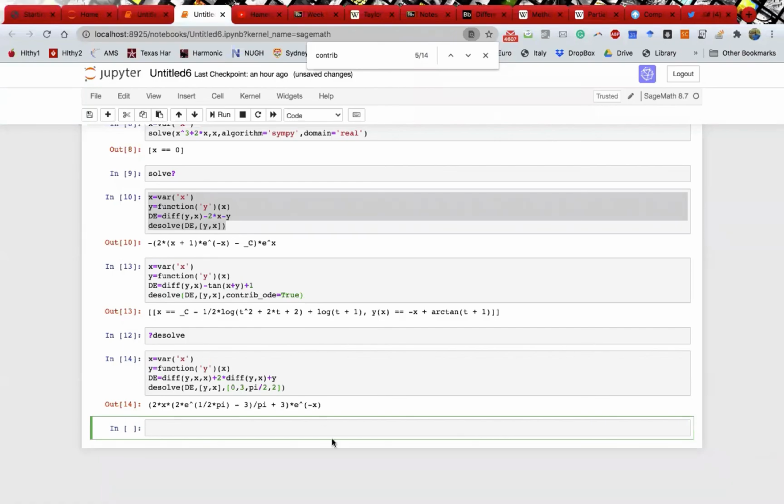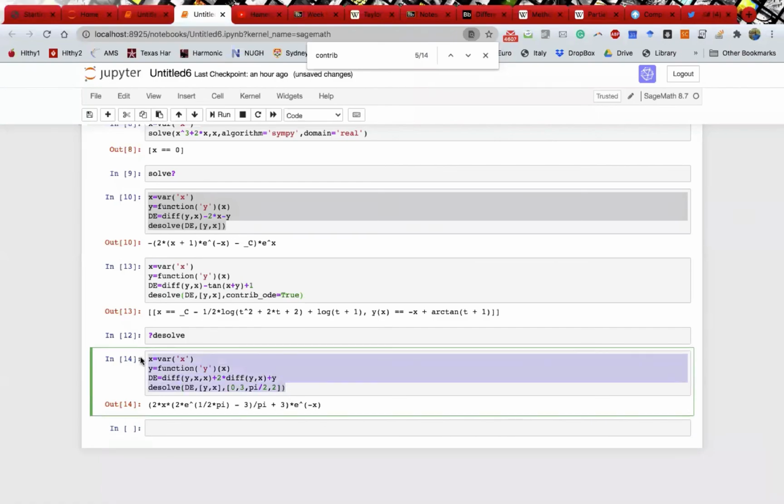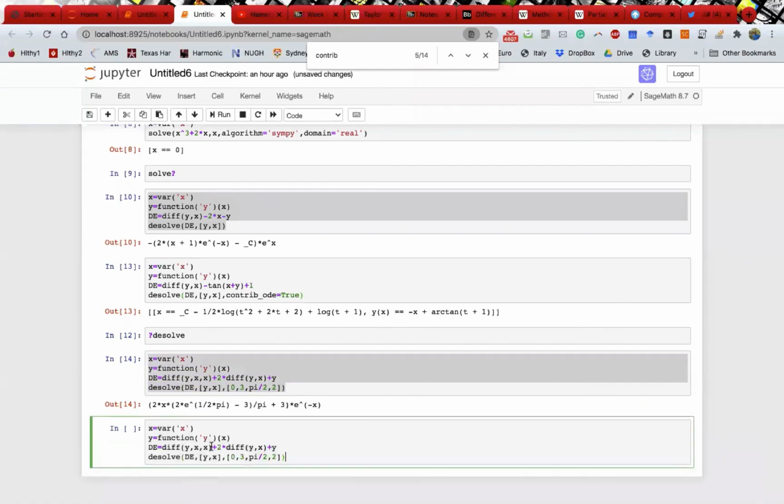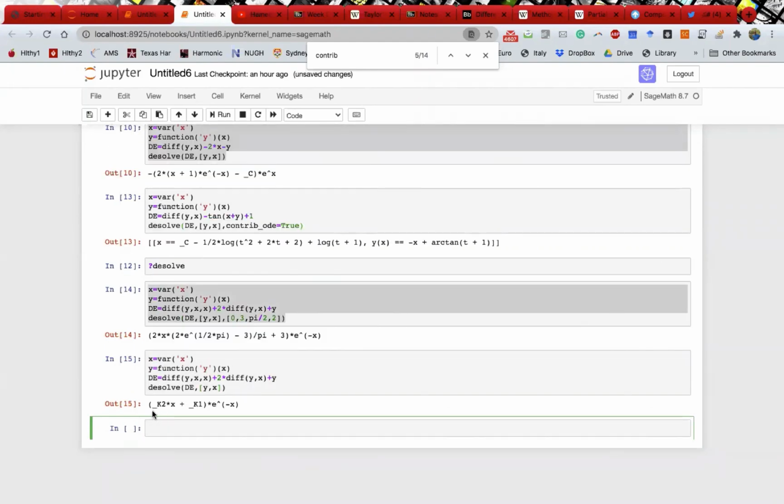This is the differential equation. So if I solve that without extra boundaries, it will give me K1, K2, or C1 or C2. Okay,